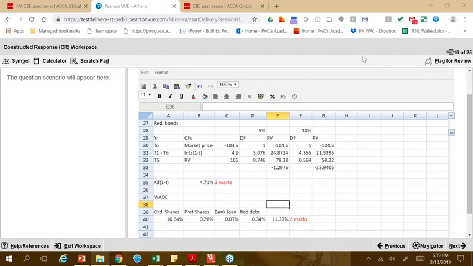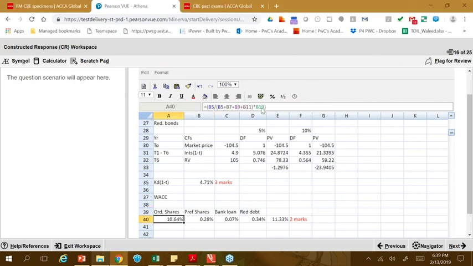Okay, fine. So I will just show you this again. This is VE over all capital into the cost of equity. This is VP over entire capital into the cost of preferred capital. This is VD of the bank loans over the entire capital into the cost of the bank loan. And then this is the redeemable debt, VD, over the entire capital into the cost of debt.